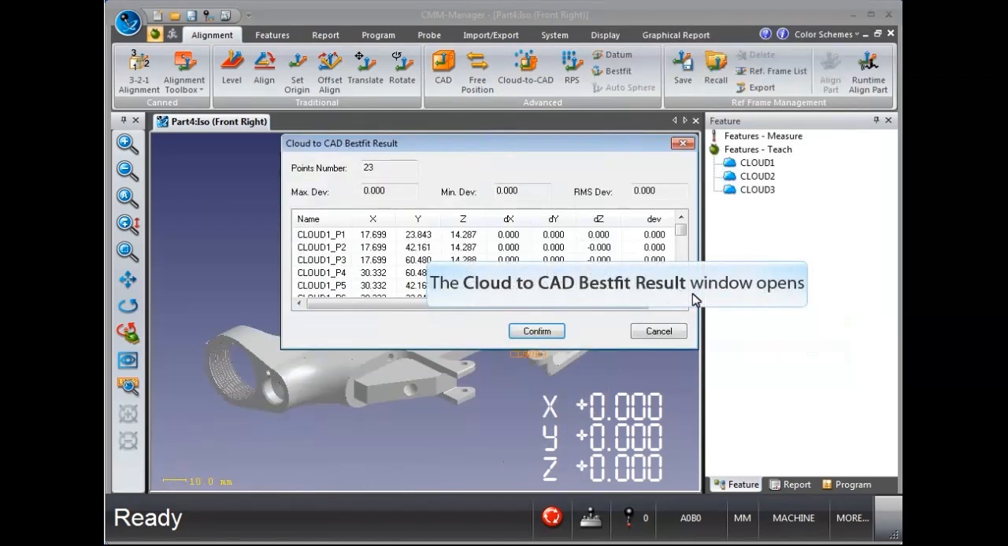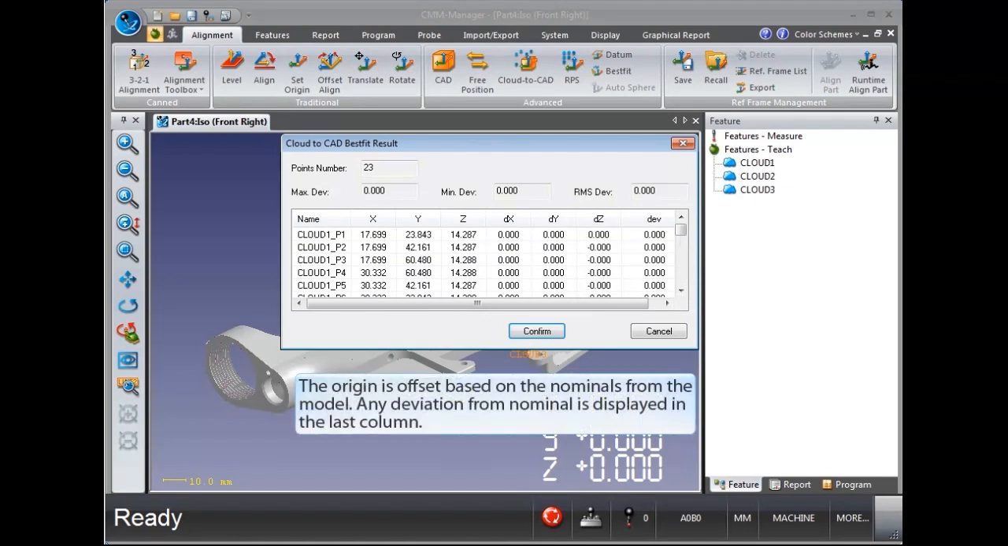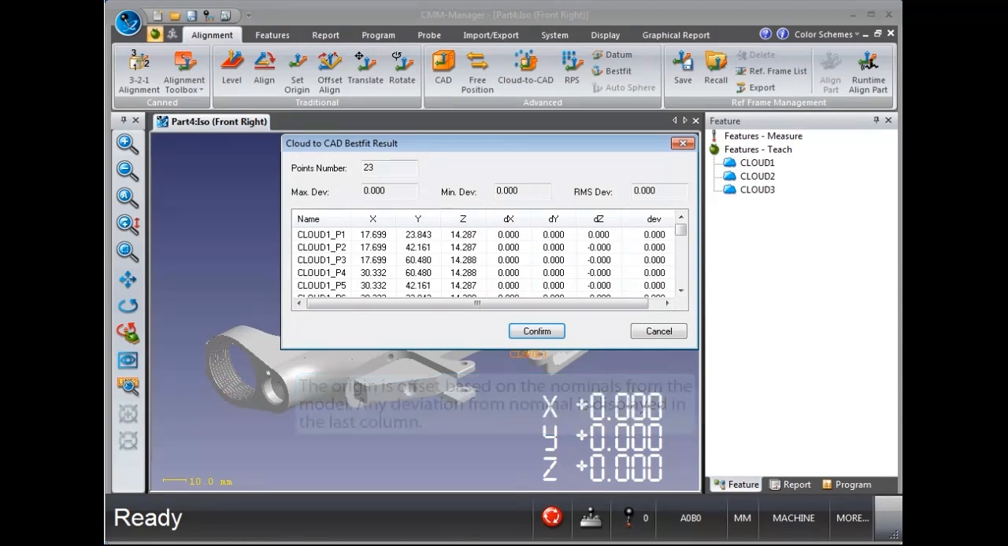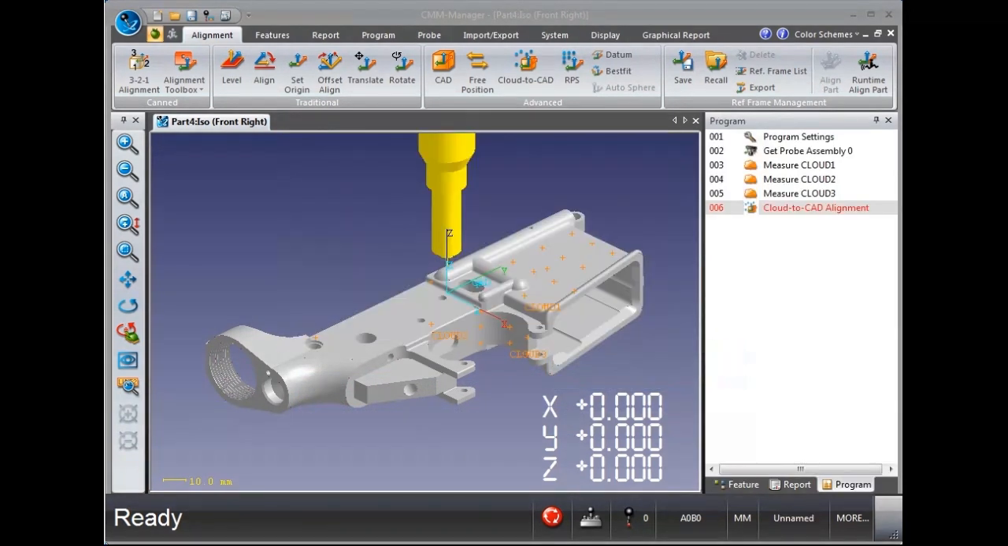The Cloud to CAD Best Fit Result window opens. CMM Manager knows how much to offset the origin based on the nominal values from the model. Click the Confirm button. The part is now aligned to the